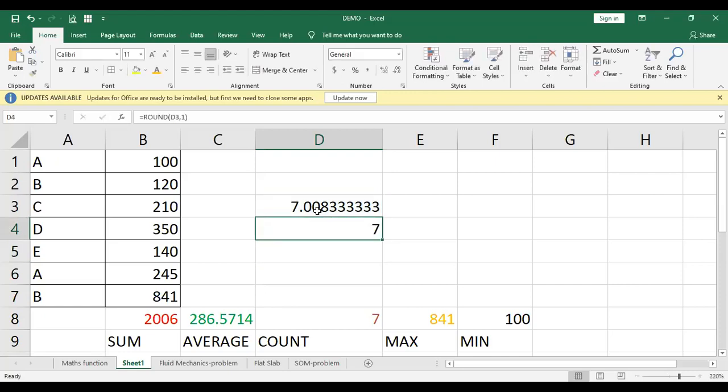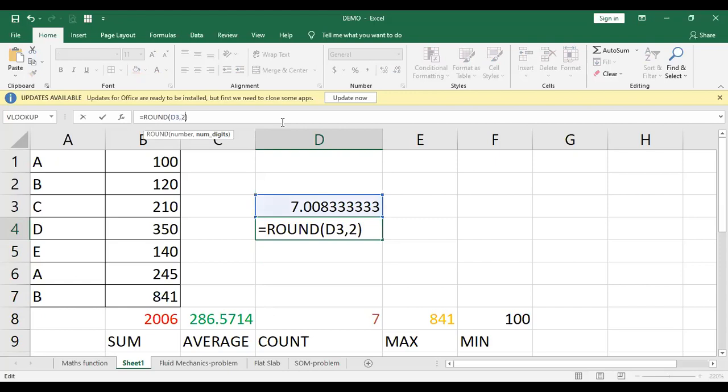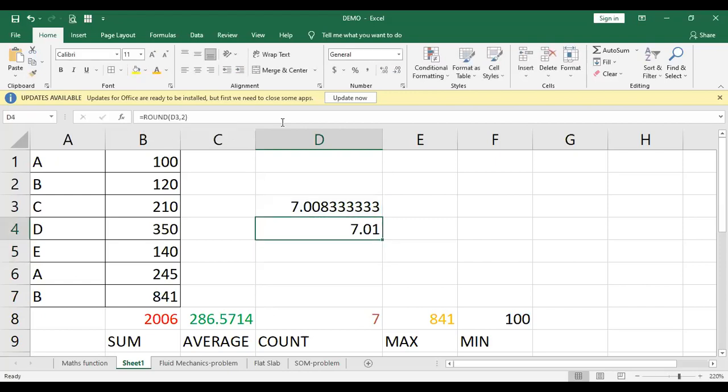Press enter, you got only 7. If you want 2 digits after the decimal point, you got 2 digits. So earlier it gave only 7, and then 7.08, because the third digit is 8, it has automatically rounded it up.